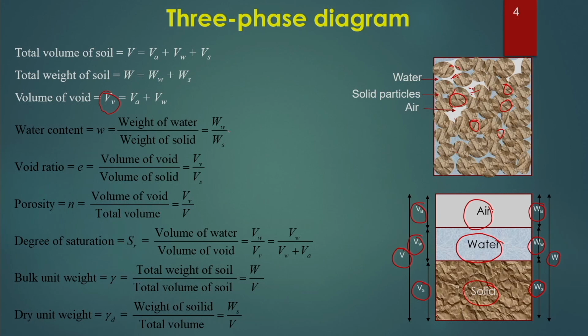The weight of water, Ww, divided by the weight of solid is known as the water content. It indicates how much water the soil has. The value can be anything from 0 to any value. Say when the soil is dry, it will be 0, and when the soil is fully saturated, it can be any value. For example, for a highly expansive soil, this can be up to 300, 400. For a sandy soil, it can be up to 30, 40. So, depending on the soil and its condition, the water content can be any value higher than 0.